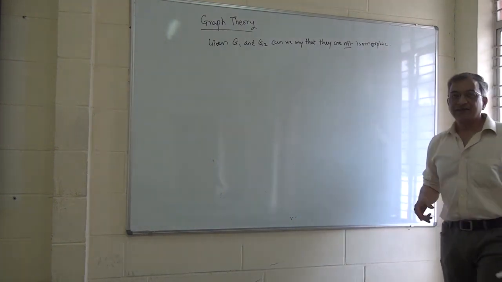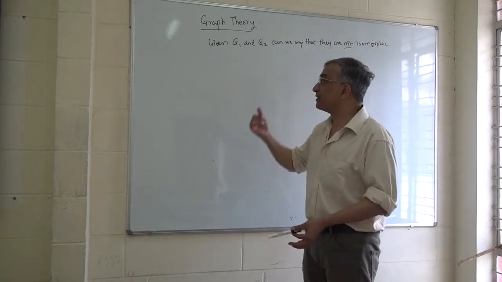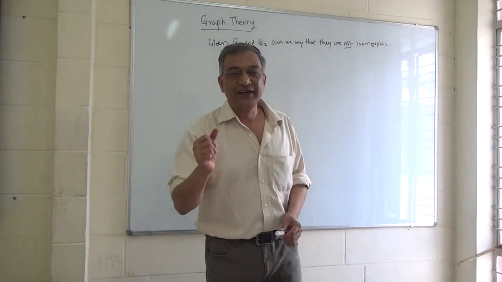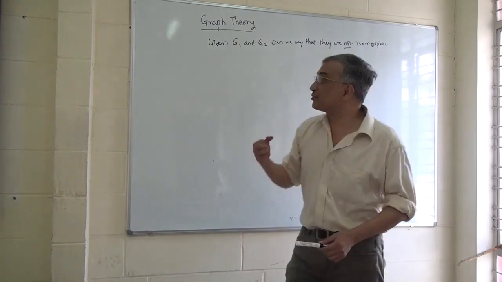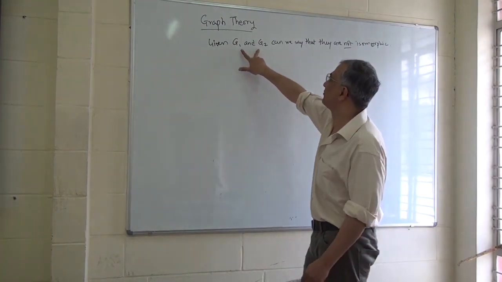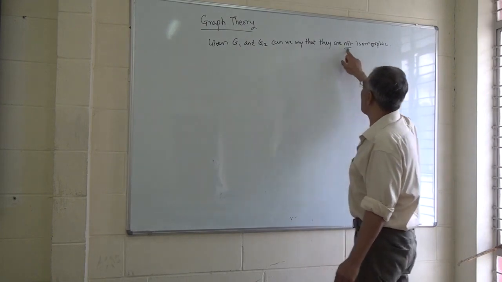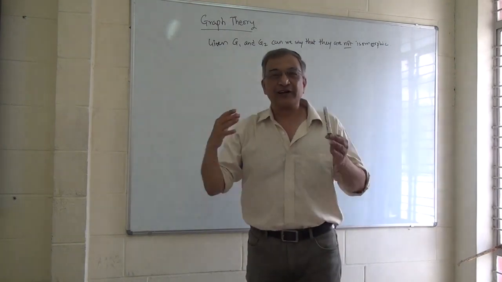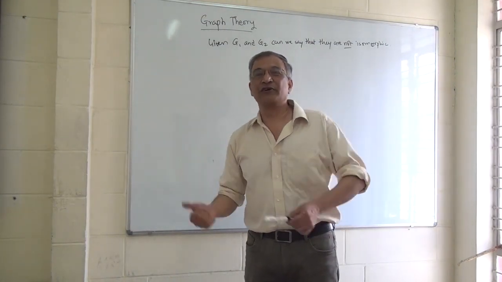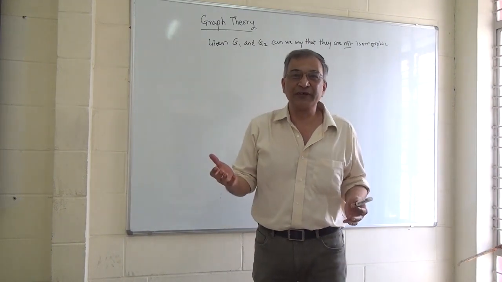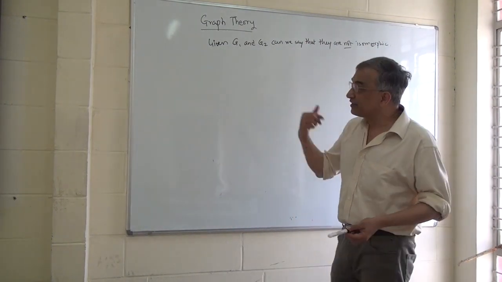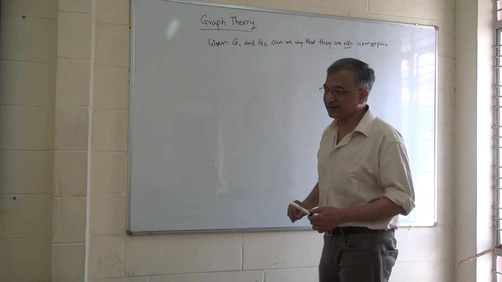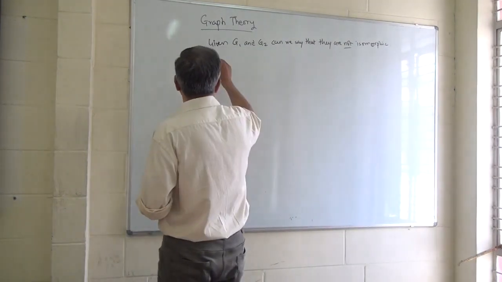Now you might think that this is exactly the same question. But sometimes being not isomorphic is a much weaker condition. To show that they are isomorphic, we actually have to give a function between these two. But to show not isomorphic, we don't have to give anything. We can prove that certain properties of G1 do not hold for G2. And if they were isomorphic, the properties would have held. Therefore, by the method of contradiction, we can prove that they are not isomorphic. This is a standard method of proof in mathematics.